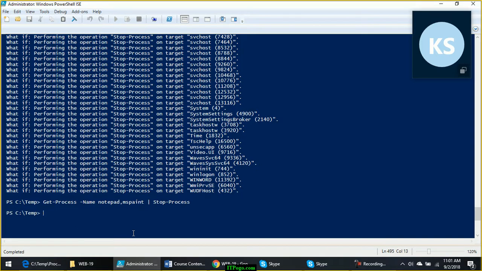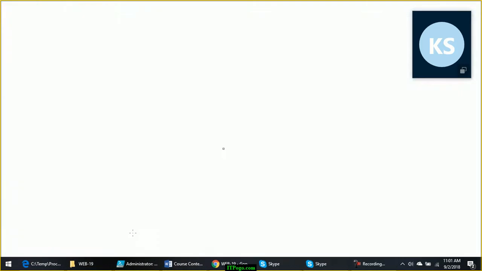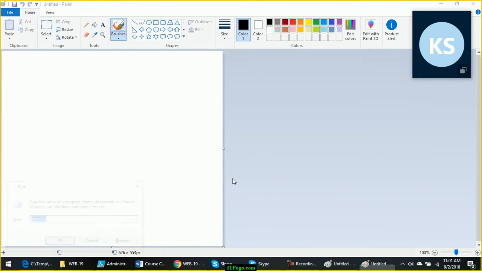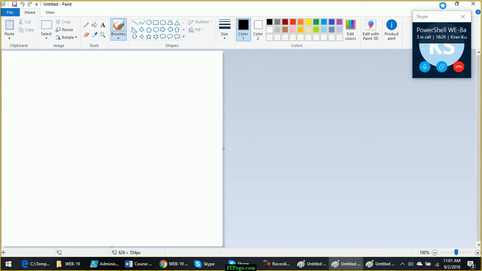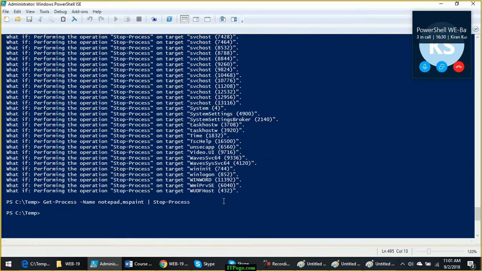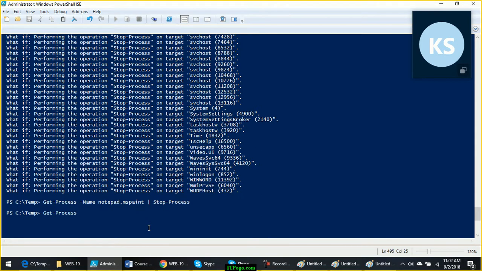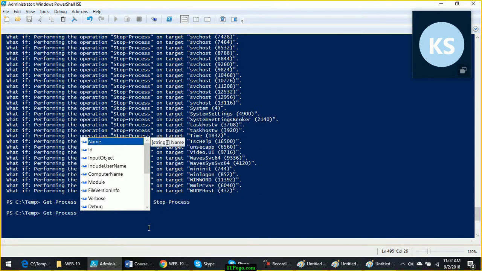Okay, so similar to this is confirm. Now let me open multiple MS Paint processes. So I have three instances of MS Paint. Now when I use get hyphen process, name is the positional parameter.